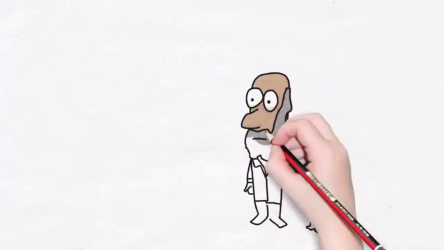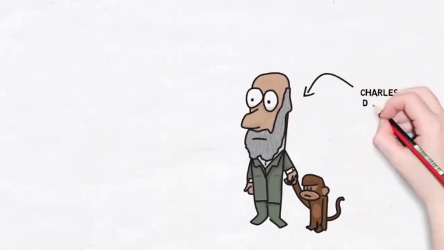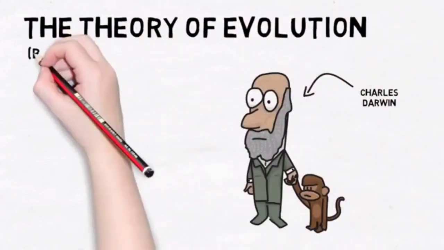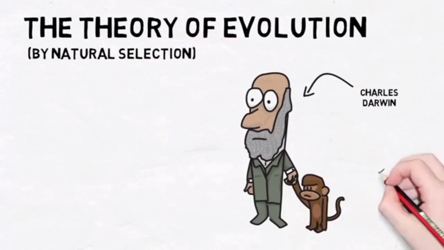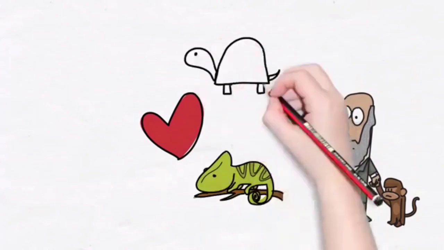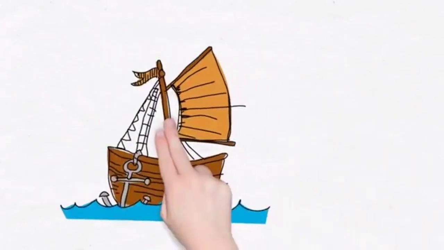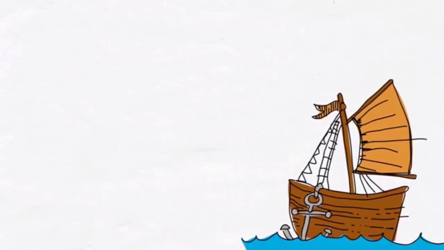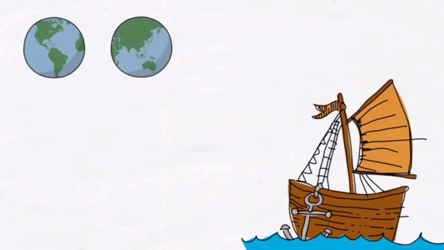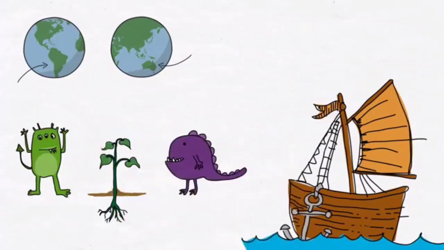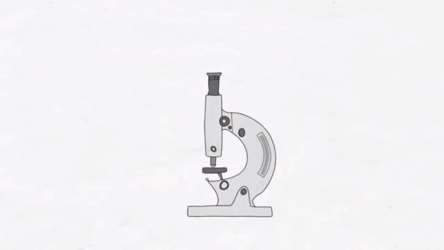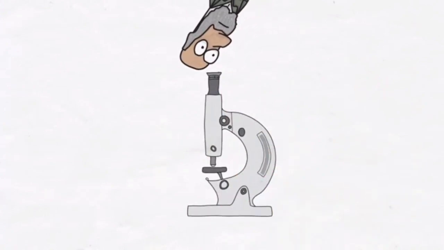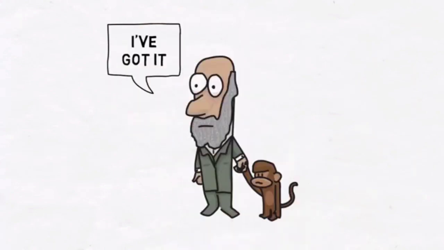Darwin was a famous scientist in the 1800s. He was famous because he came up with an idea that changed the way we think about life on Earth forever: the theory of evolution. Darwin loved animals and studied them all of his life. In 1831, he went on an exciting voyage aboard the ship HMS Beagle. The Beagle visited the coast and islands of South America and Australia, where Darwin observed and collected a wide range of weird and wonderful plants and animals. When he got back to England, he analysed his collection closely. That was when his ideas about evolution started to form.